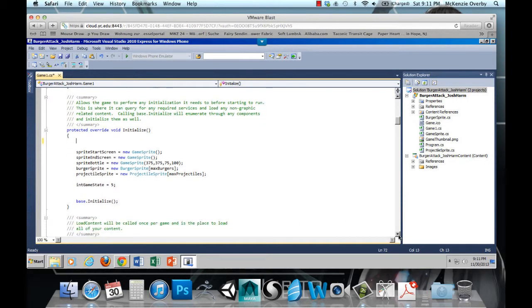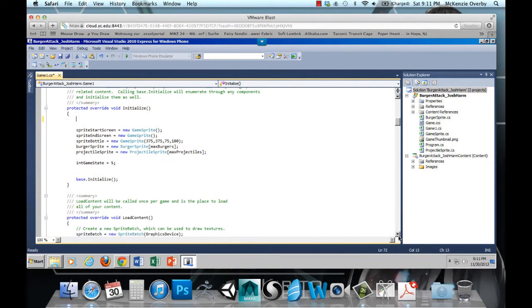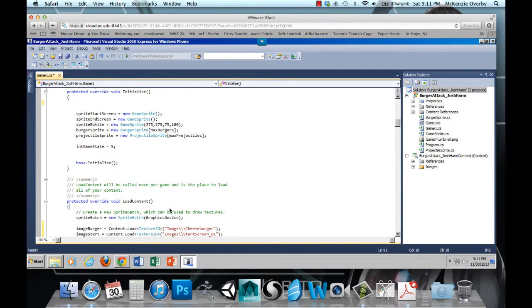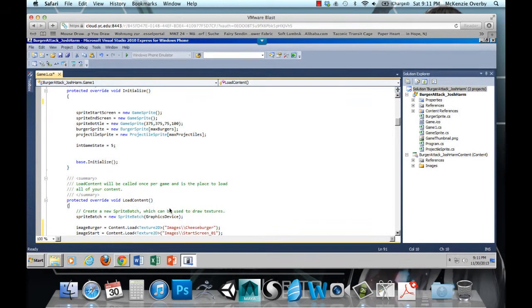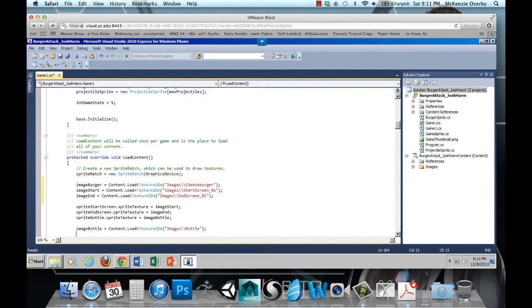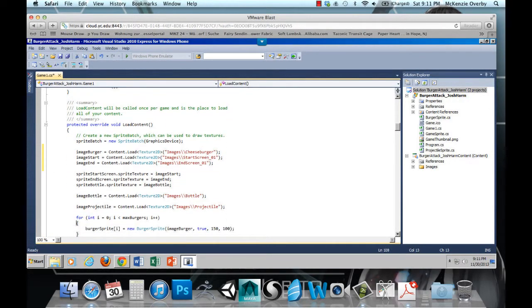So it may be that it does not have an assigned texture, and that would be something that generally we would find in the LoadContent method, where we would tell that variable, hey, this is the texture you have, and we'd load it up. Alright? So here we go, we've got other things that we've loaded that we have moved now. We've got that cheeseburger, the start screen, the end screen. Now, just beneath this, we have this